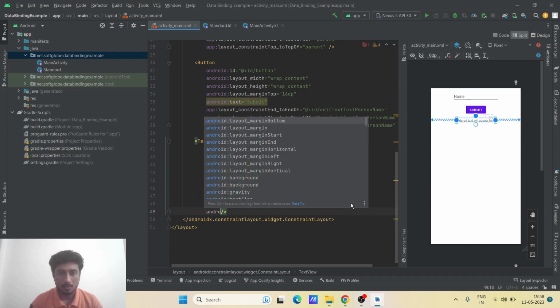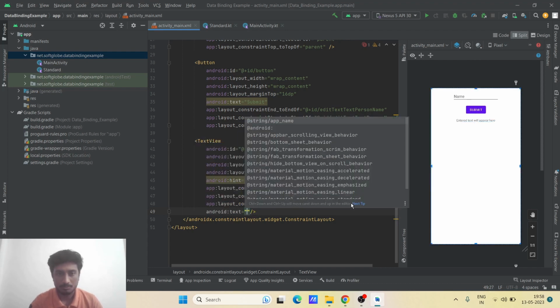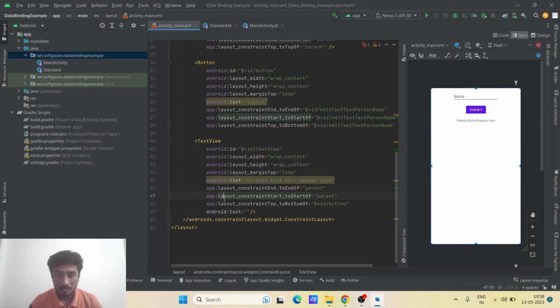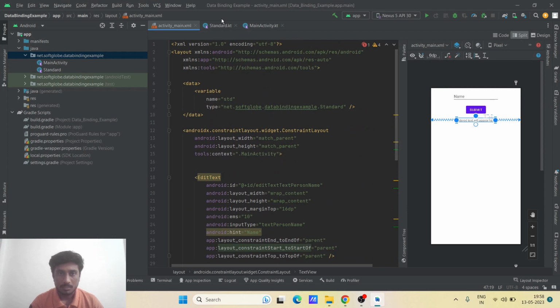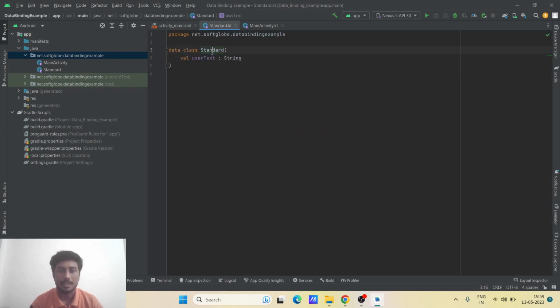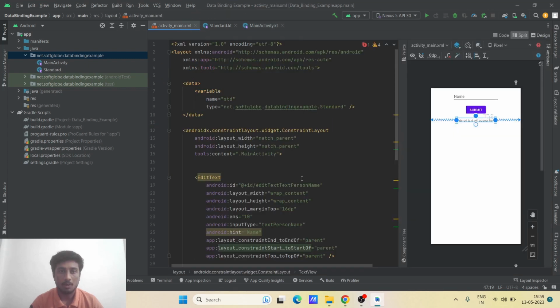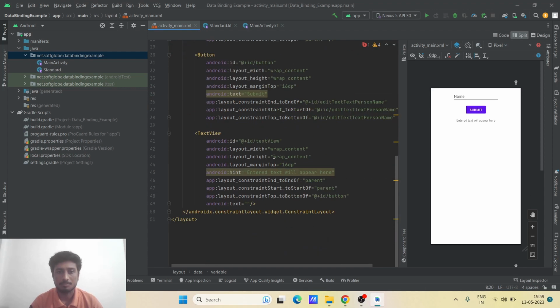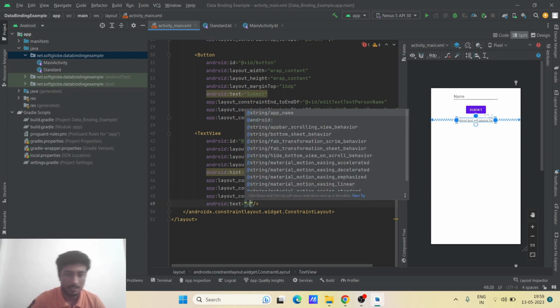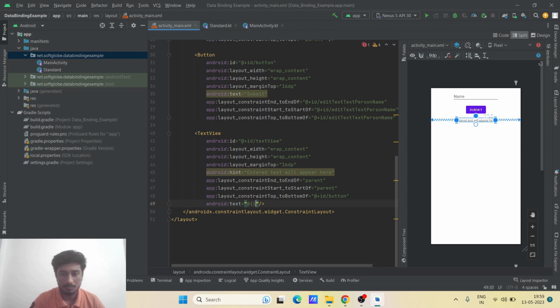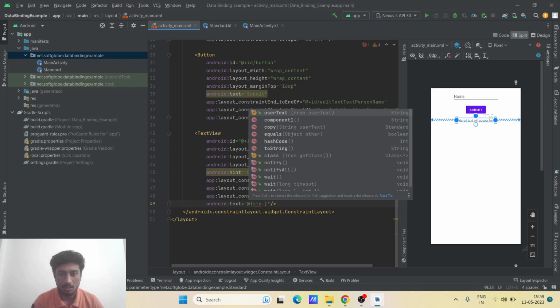We'll make this Android text attribute refer to the user text value inside this std, because we already have a variable std of type Standard. So we can definitely use all the values inside this object. We have specific syntax for that. We'll create @ inside the curly braces. We are able to refer to std, and on clicking dot we'll get